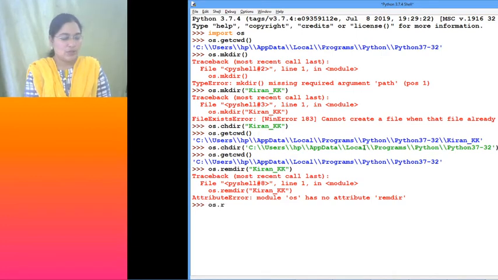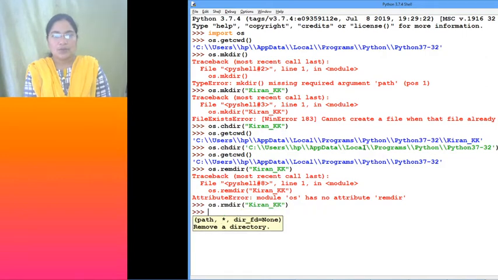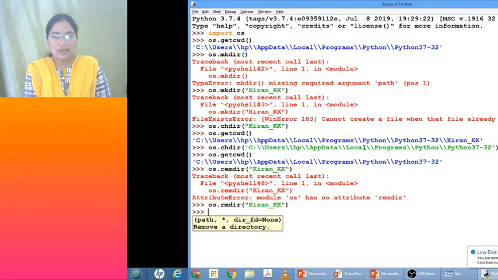So os.rmdir. Which one do we want to remove? Kiran_KK, right? This is the directory which we want to remove. Now you can see. Either you can specify the path or you can give it directly. If it is in the current working directory, a relative path is enough to give in place of the file name.